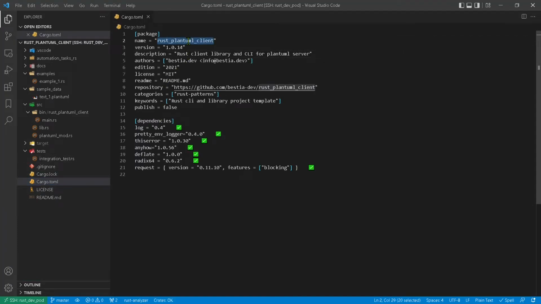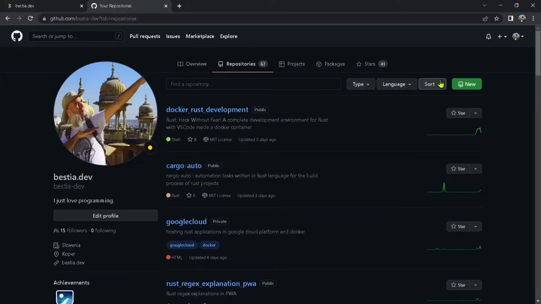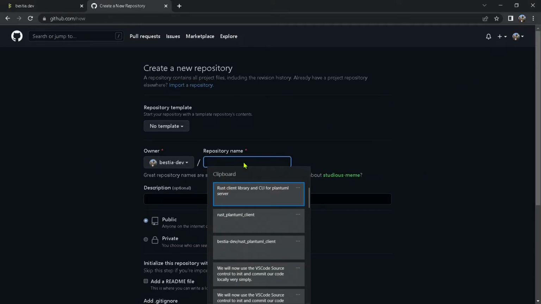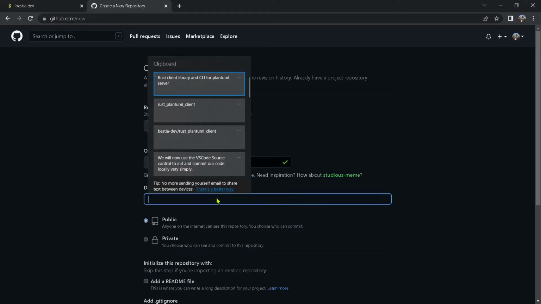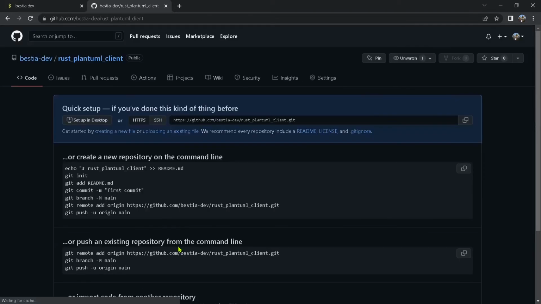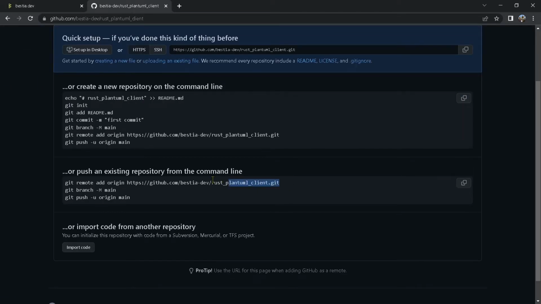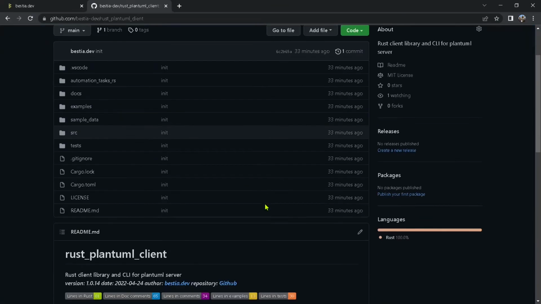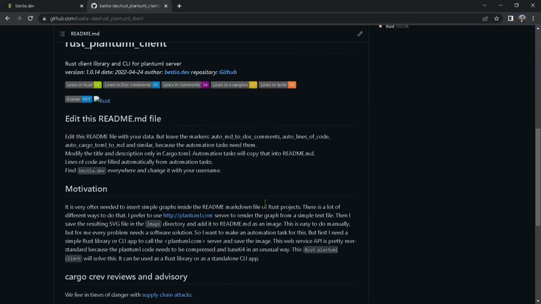Copy the title and the description into the Windows multi-item clipboard. Now is time to create a new GitHub repository and to push the code of this project. We will enter only the title and description. GitHub will show us the bash commands to connect to the remote repository. We can refresh the GitHub page and see our code in the remote repository.